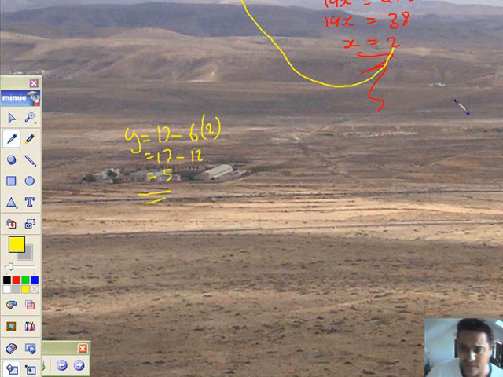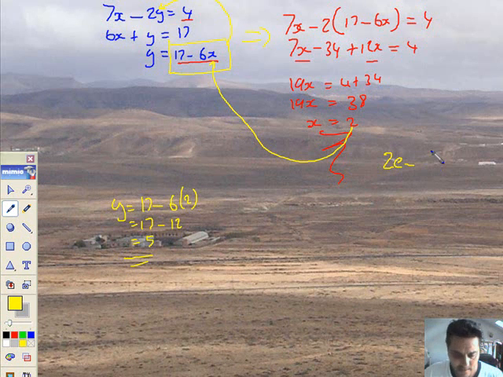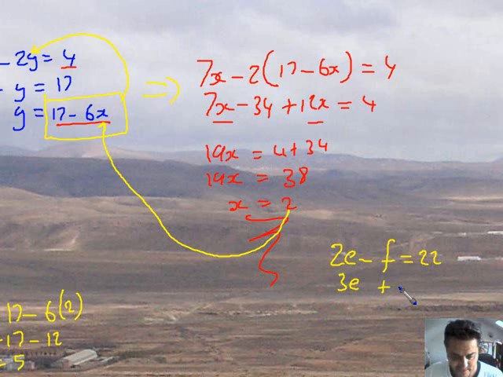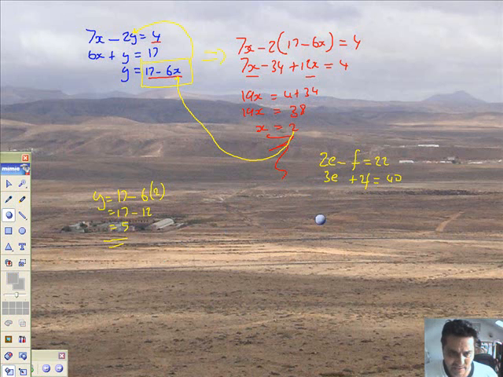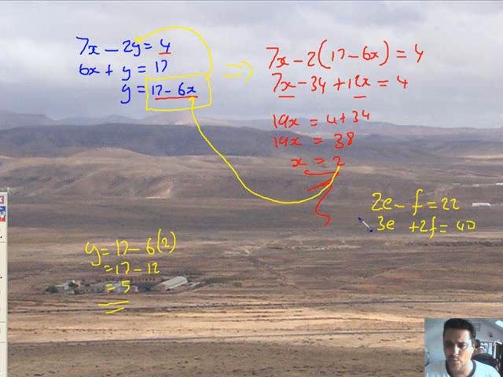Let's just do D. Hopefully it will fit here somewhere. So here's D, working in yellow. Right, 2e minus f is 22. 3e plus 2f comes to 40. Let me try and make that 2f look more like a 2f. Right, if I play around with this equation right here and take the f over to the other side